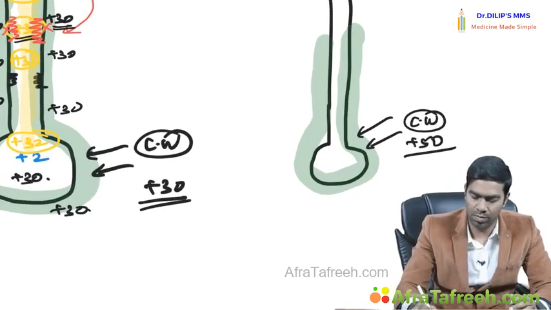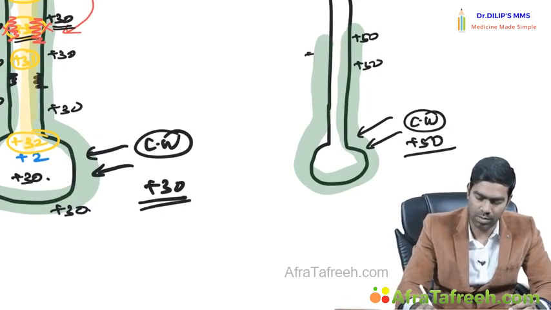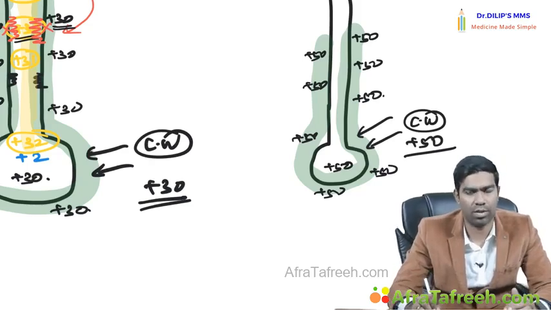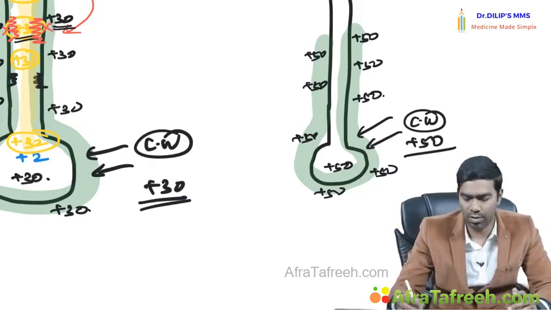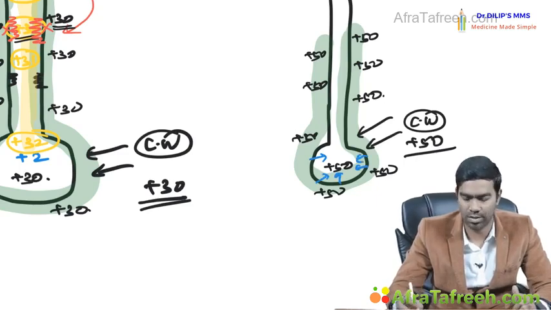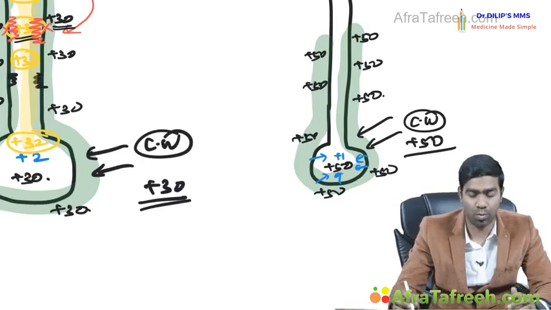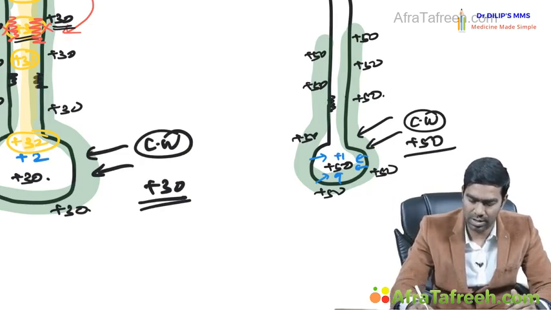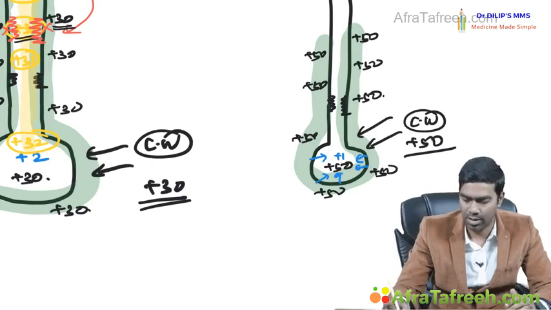So now, you know very well, everywhere it's going to be plus 50 in the pleural space, and your pressure is going to be transmitted into the alveoli also. It's plus 50. But one thing you have to notice, the recoil pressure also will become very, very less, because the alveoli has become much, much smaller now compared to the previous two alveoli which we have discussed. So it will be only plus 10 or plus 1 here, because we discussed plus 2 in the previous, plus 1 here. So you have the resistance airways, that is the conducting airways here,